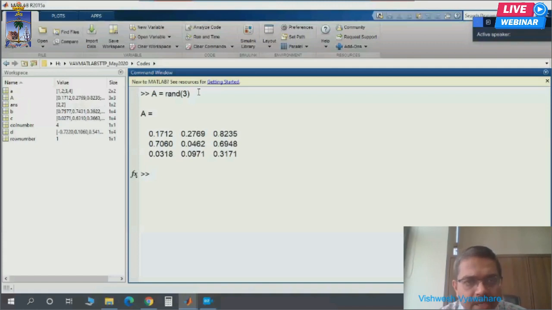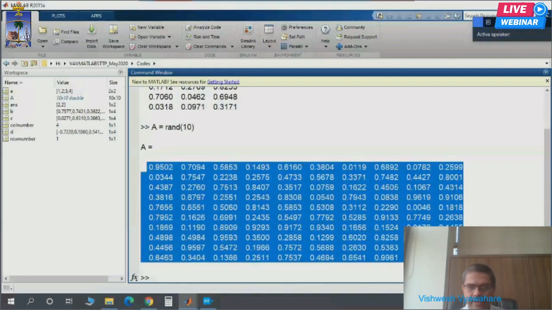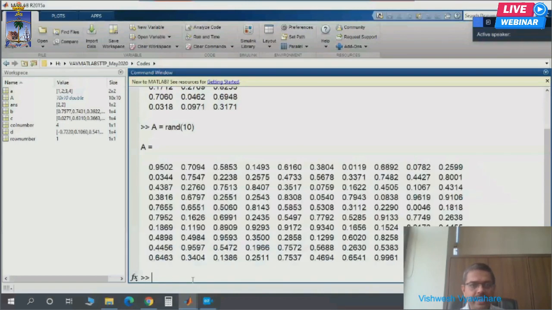You see it has generated a 3 cross 3 array. Can I generate a large array? Of course I can. Let's say I want to generate a 10 cross 10 array in MATLAB. This is what you have got. Very easy to generate in MATLAB.